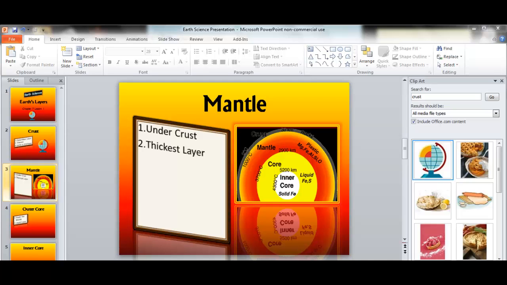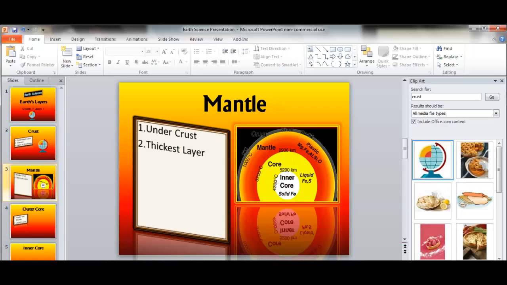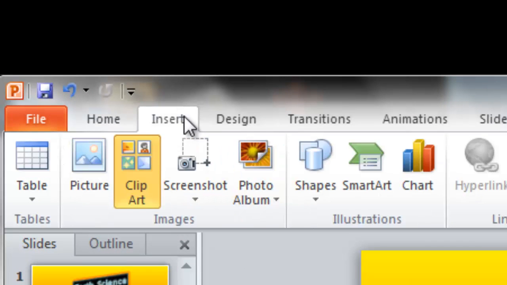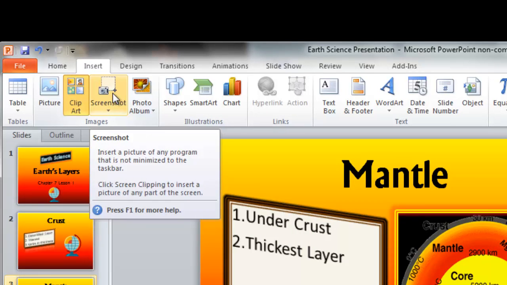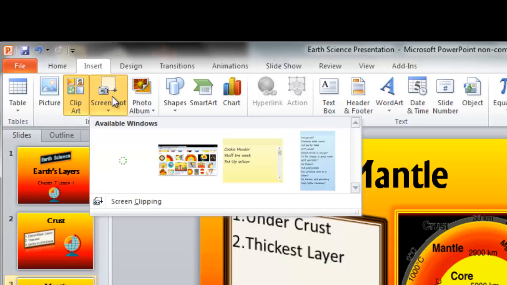And I have the internet open. If I click on it, you'll see all my pictures from Google. So I'm going to go back to PowerPoint. Now what I'm going to do is go up to the ribbon, and I'm going to click on the word Insert, and then I'm going to click on Screenshot. Now watch what happens when I click on Screenshot. A window will appear, and I'm going to go down till Screen Clipping is highlighted. Click on it,